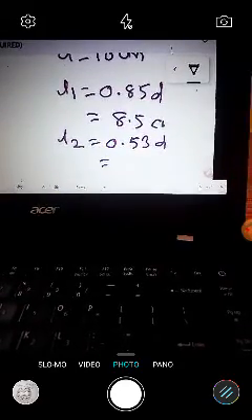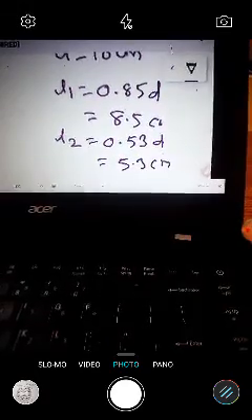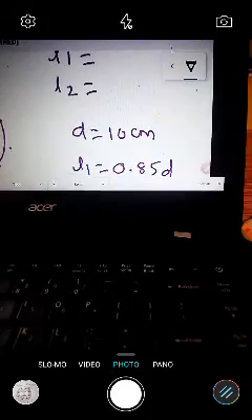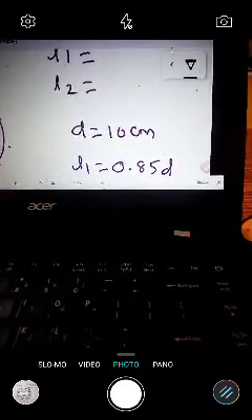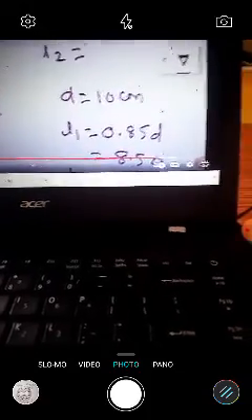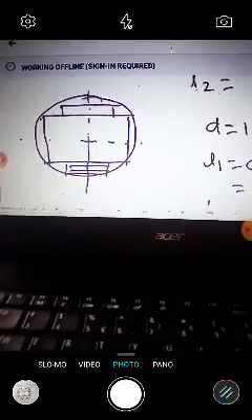Kindly remember, students, these are the notated dimensions for a single step and two step. For a single step we are going to use 0.71. For two step we are going to use 0.85 and 0.53. Now, by using these two dimensions, we'll try to do the drawing. This is how you're going to draw the diagram.